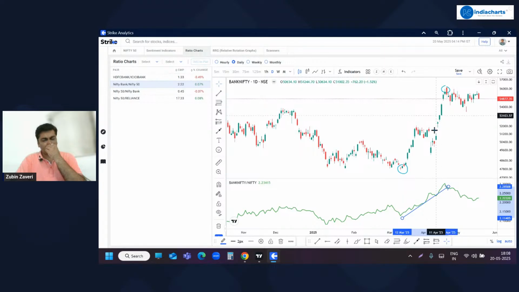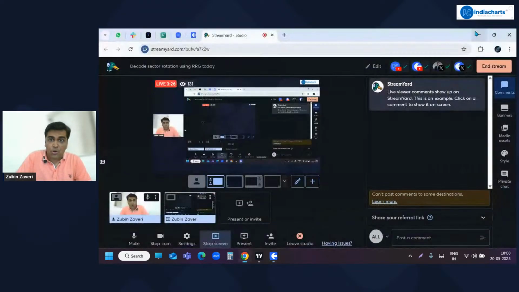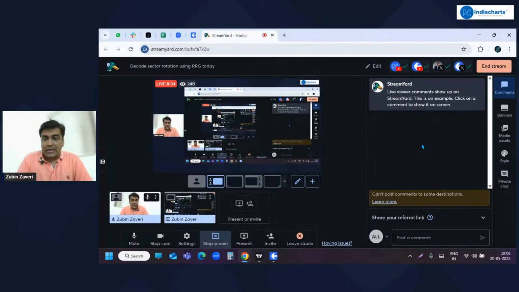So this ratio only compares two indices, like Bank Nifty and Nifty. Like that, there is the metal index, the auto index, the infra index. There are so many sectoral indices, and we need to compare every one of them with Nifty, and we also need to compare all of them against each other. So it is very tedious to understand which is the best out of all these sectors, isn't it? Are you all there with me or not? Yeah. So to solve this tedious task,